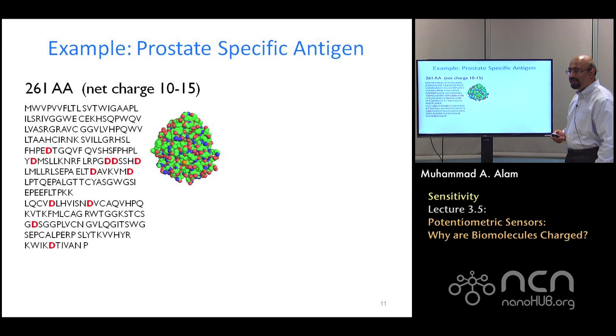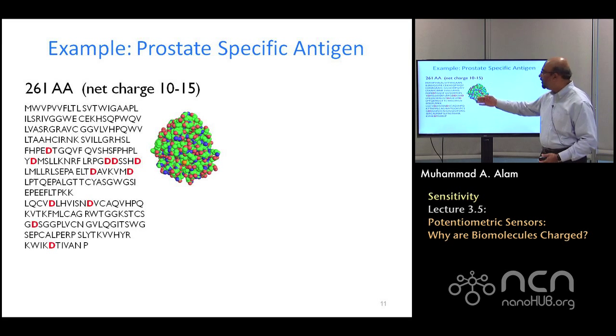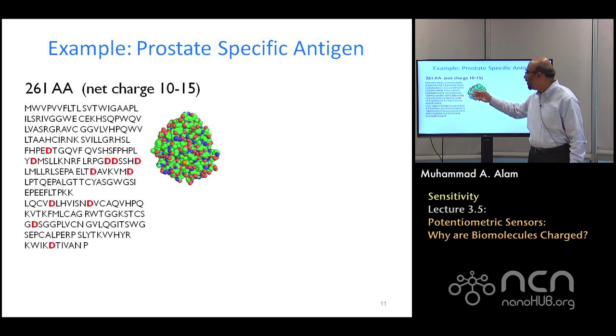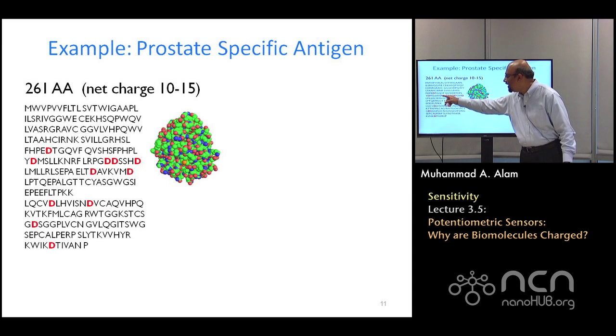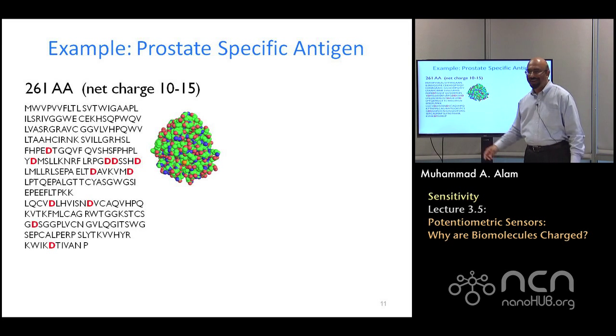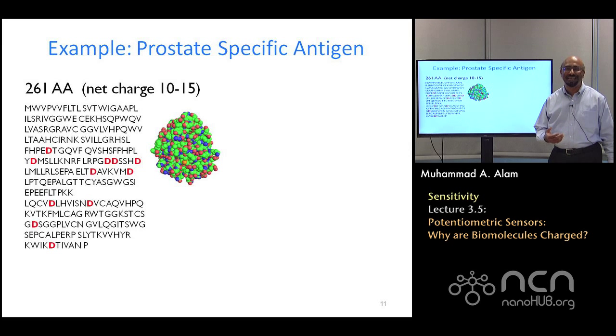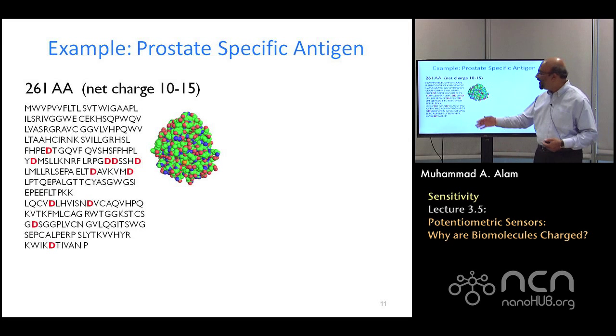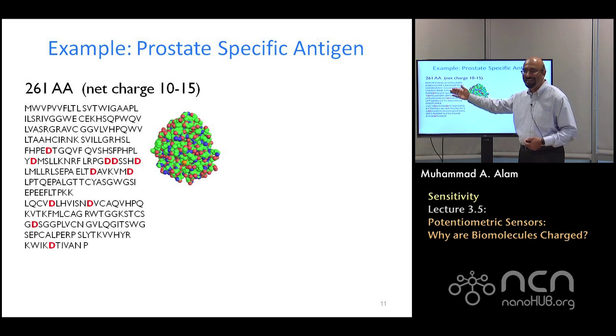So very quickly, an example would help. For example, this is the 261 amino acid sequence of the prostate-specific antigen. I just highlighted D, of course, and then there are, you can see, other letters. It almost looks like a code. Not surprising, because the English alphabet has 26 letters and we have 20 amino acids. And so using the English letters to represent them makes very good sense.